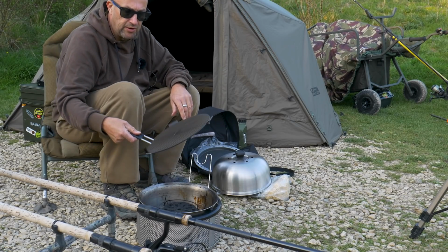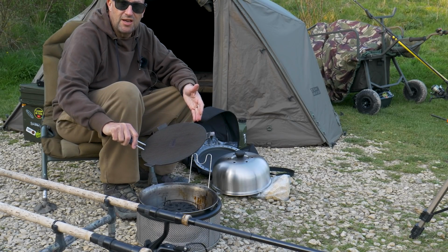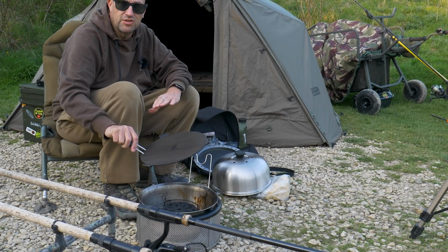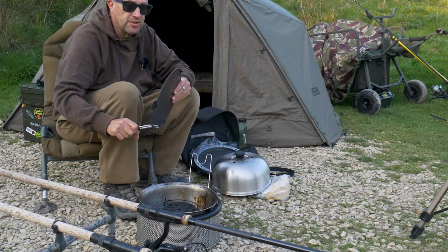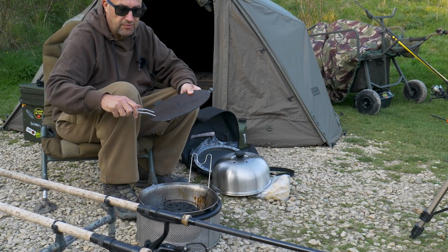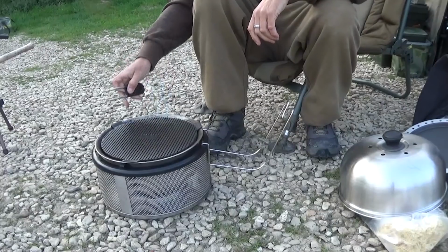Okay, the other accessory we got is this griddle pan. Brilliant for doing your chops and steaks, and sometimes even your sausages if you want that sort of stripy look. Really good bit of kit. It's quite heavy, quite sturdy. You know, it's quite a thick piece of metal, and that just sits on the top like so, using these 3 resting